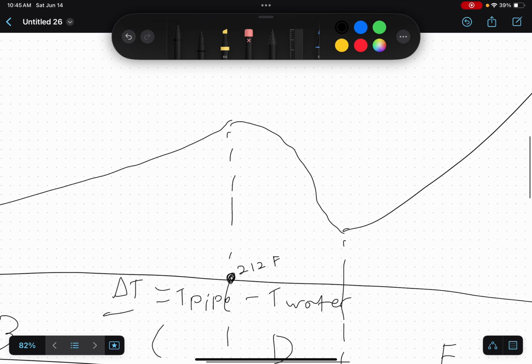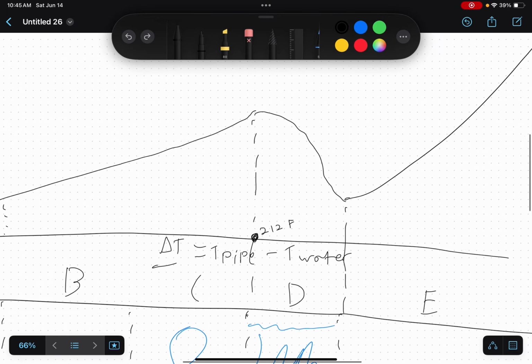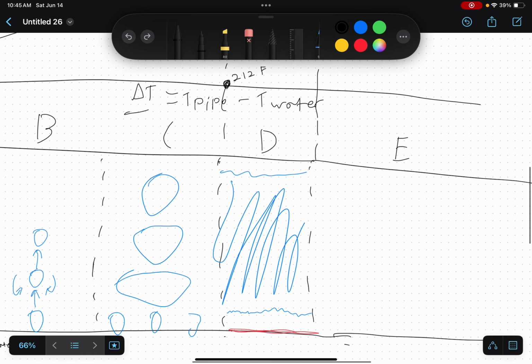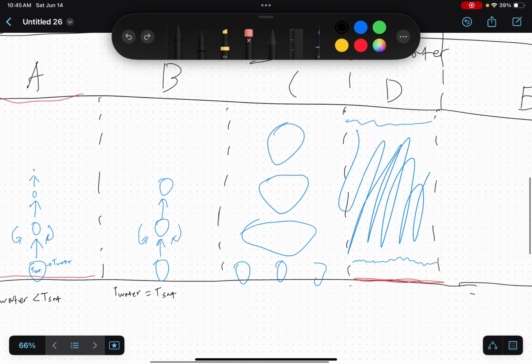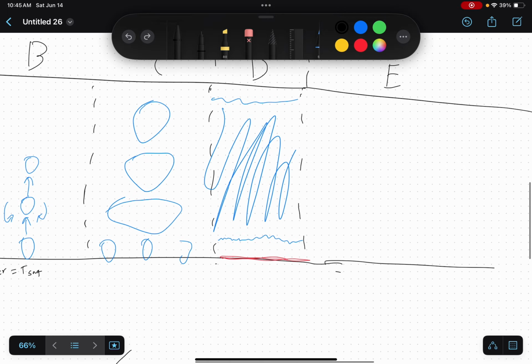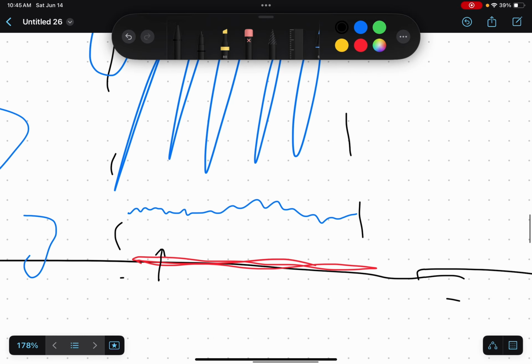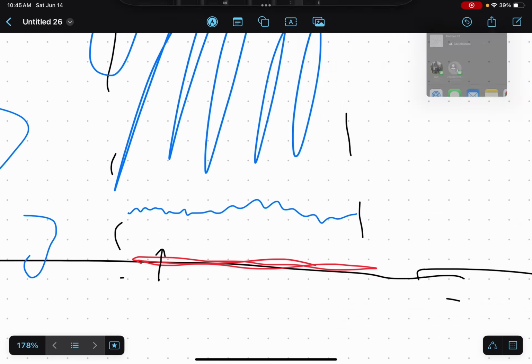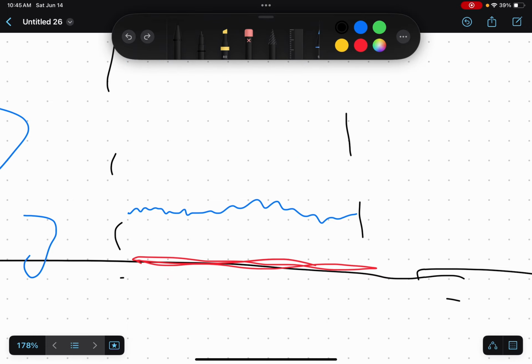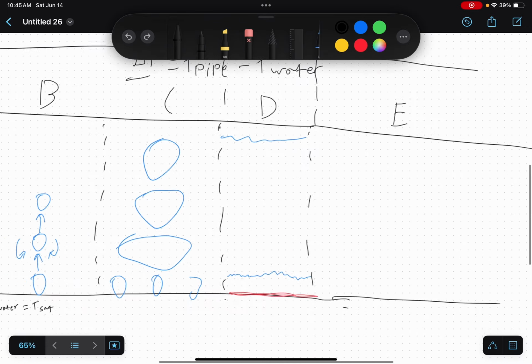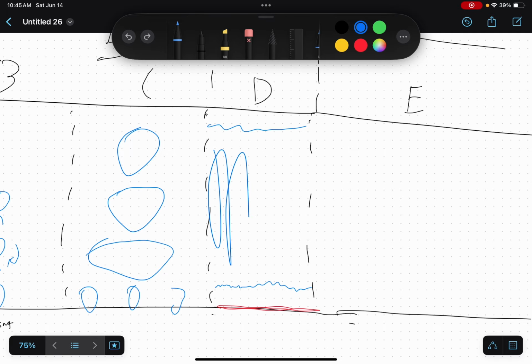Now, why does this curve go down? Well, it goes down because vapor layers suck for heat transfer. Before, you've just got conduction from the wall straight to the water. Now you have conduction through the wall, through a vapor layer, and then to the water. So that adds a vapor layer, and by default, that adds thermal resistance. And if you add thermal resistance,